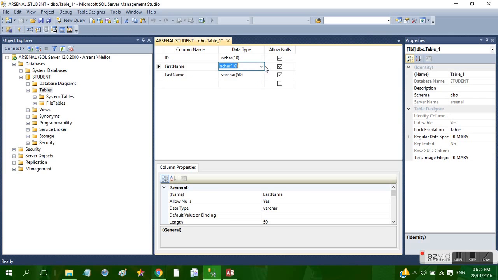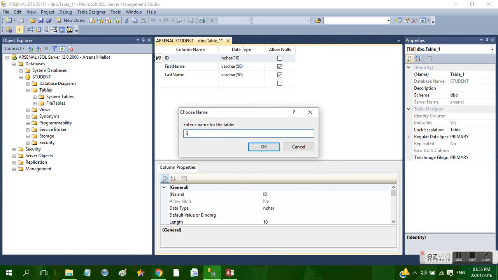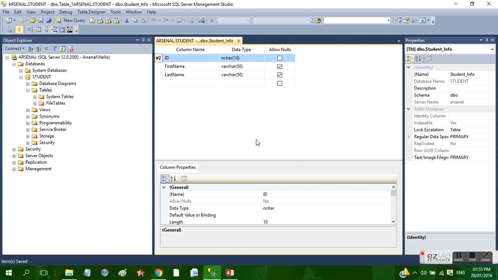I'm going to give them their data types. I'm going to nominate ID as the primary key. I'm going to save my information and rename the table student underscore info. Alright,